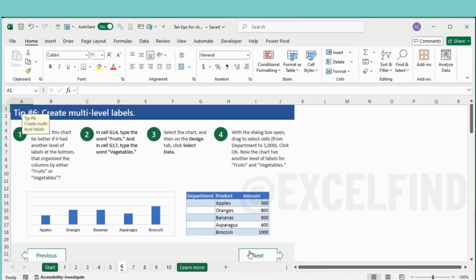Next, create multi-level labels. Let's say in this chart you need another level for the labels at the bottom, like fruits and vegetables. In the cell G14, type fruits and in G17, type vegetables.